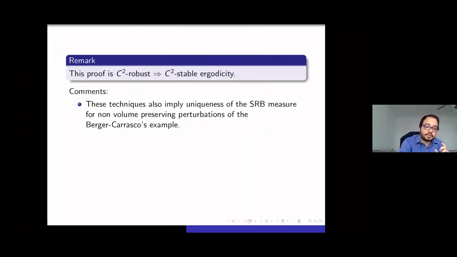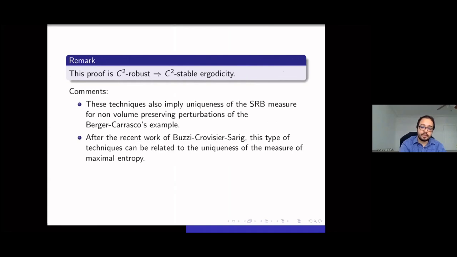And a few comments is that this type of techniques, so if ever in hyperbolic dynamics, it's very, very convenient to find transverse intersections between stable and unstable manifolds. You can do a lot of things just with this type of things. And one thing that you can also do is to say, so this work is about volume preserving diffeos and perturbations in the volume preserving setting. If you go outside volume preserving, these same techniques allow you to prove that this example can have at most one SRB measure in a neighborhood of the system.